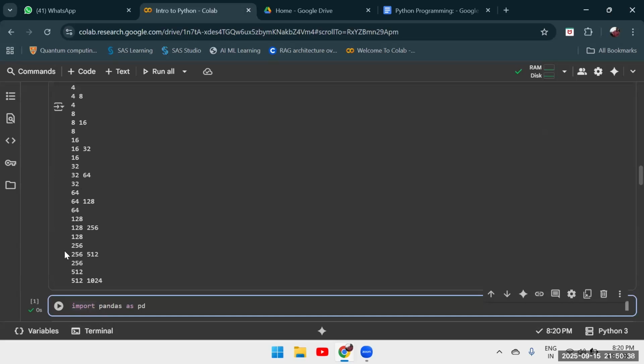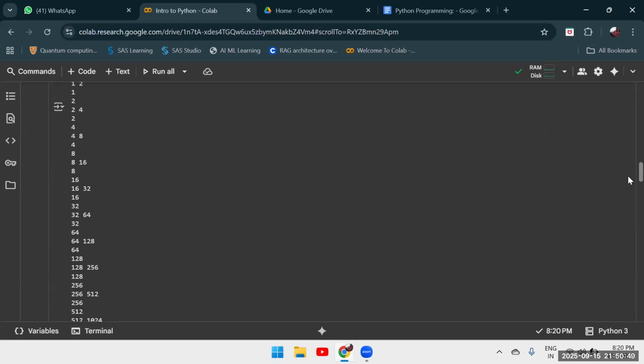128 plus 128, 256. 256 plus 256, 512. 512 and 512 is 1024. Right? So basically, this is the Fibonacci numbers, right? So it's like 1, 1, 1, 2, 4, 8, 16, 32. So it's basically displaying the sum of last two numbers there overall,